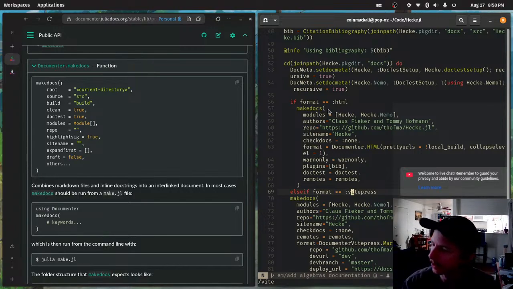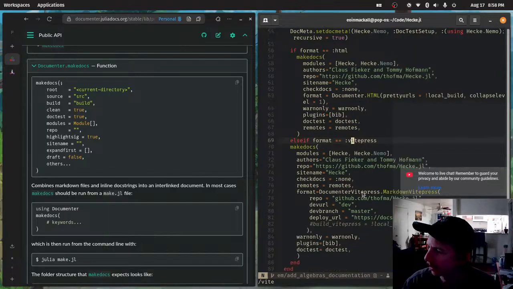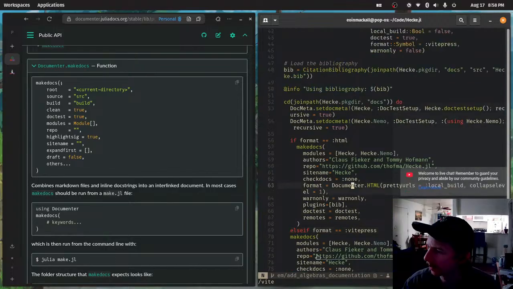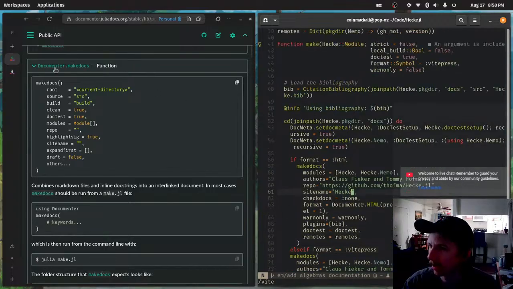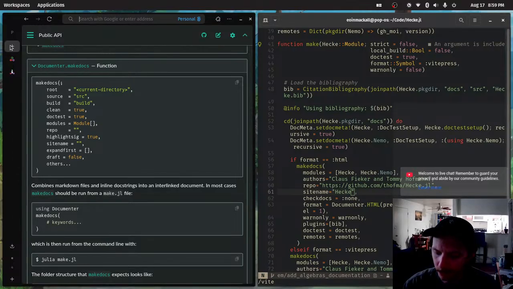If the format is HTML, make docs just uses documenter. Else, if the format is VitePress, make docs is this stuff. So does that mean